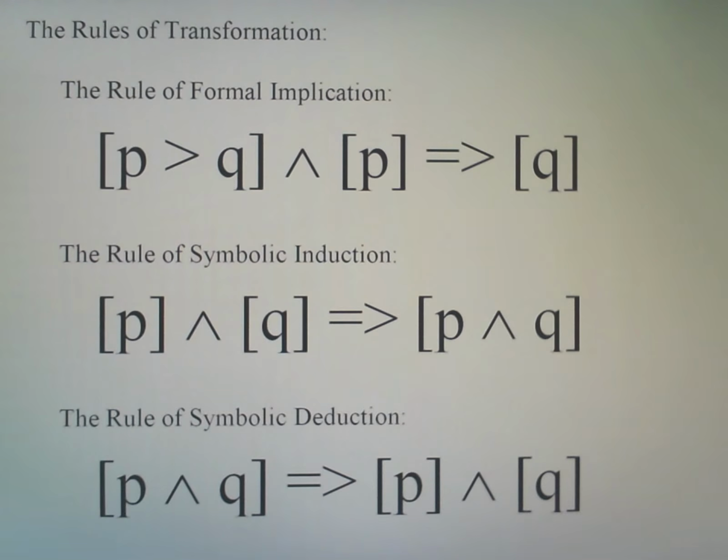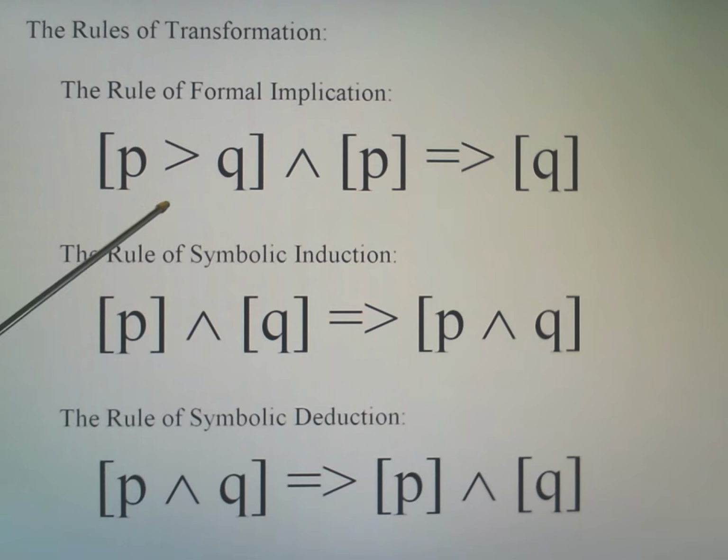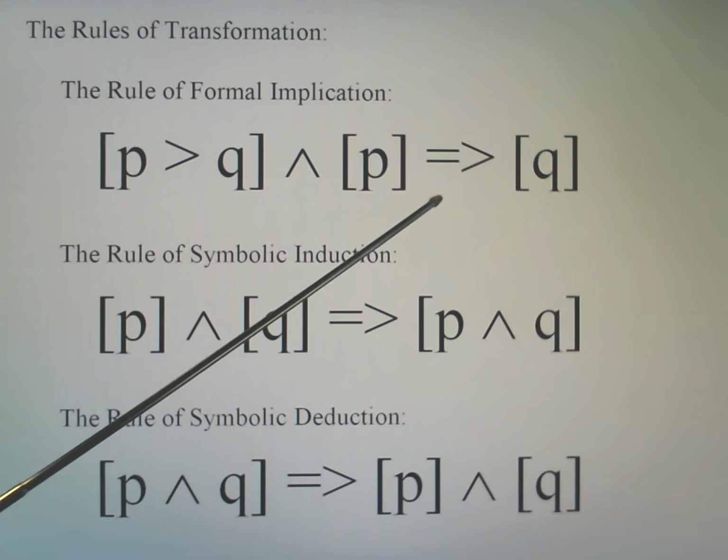So here are the rules of transformation, as we call them. The first rule is actually a traditional rule, a rule from classical logic known traditionally as modus ponens, the mode of putting. Here it is called formal implication because what we do is we create a form of implication that cannot possibly be false. In other words, it is a tautology. And so to distinguish formal implication from material implication, we again put the equal sign inside the implication symbol.